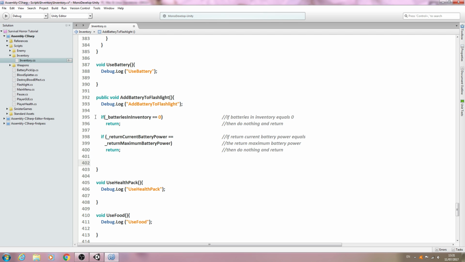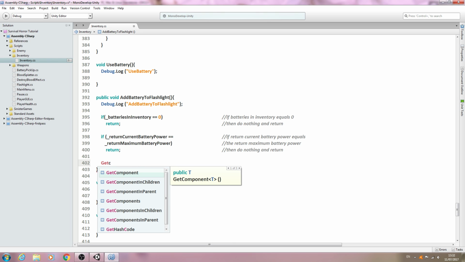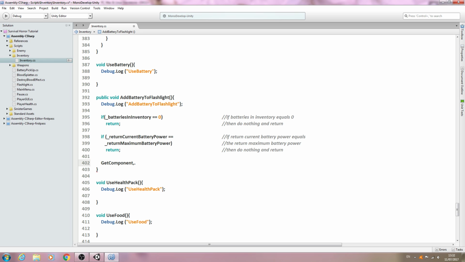So we've done these sort of if blocks a lot now in this series, so I'm sure you're all aware why these are in place. Basically, if we have no batteries in the inventory, or the flashlight is already at full power, then we can do nothing else, because obviously we don't want to do anything if we have no batteries or our flashlight is fully charged. So with that, now let's come below here, we'll say get component, we'll open and close brackets,